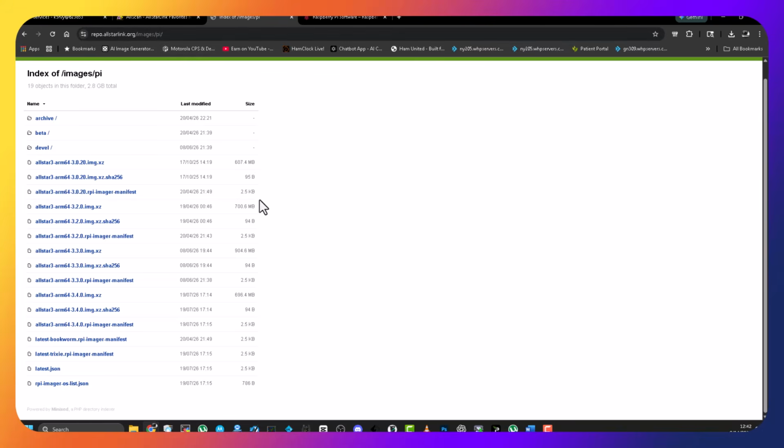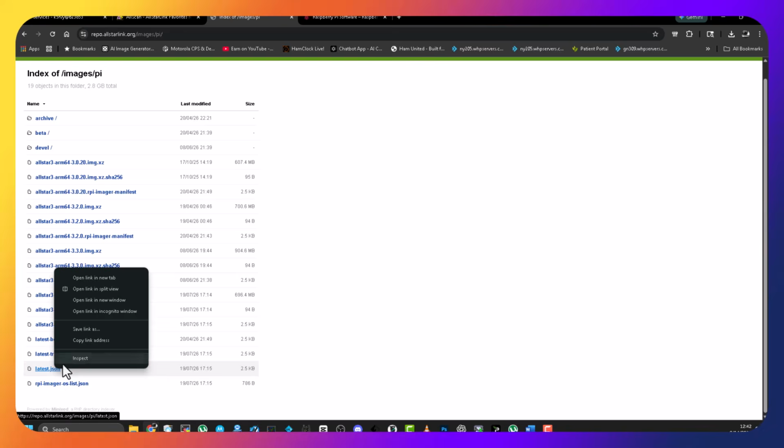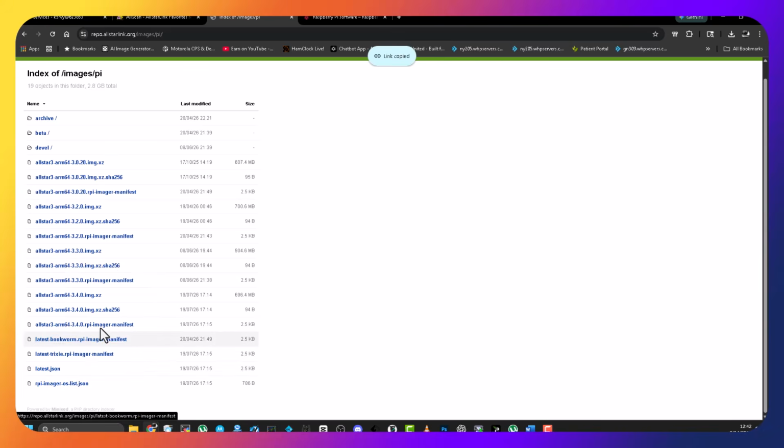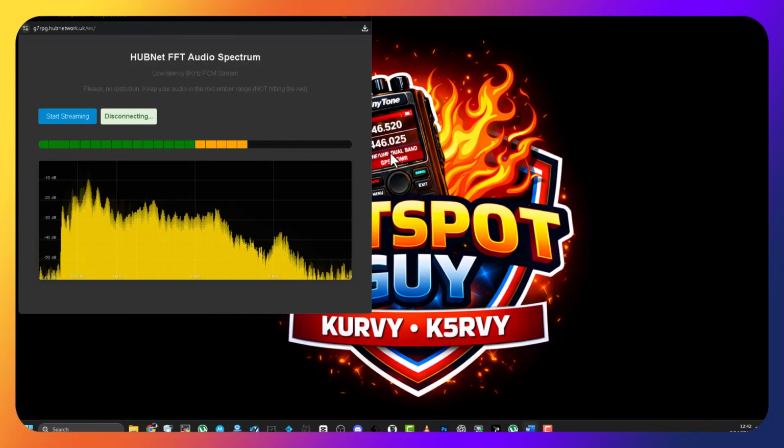All right, so normally we would come through here and we know which ones are the files. Like this one's 3.0. We know it's the file because it's large. Okay, we know this one, it has all these things. We know this is the image because it's large. So what you want to do is you want to come down here to where it says latest JSON. Okay, you right click, don't copy link address like this. Okay, now next what you have to do